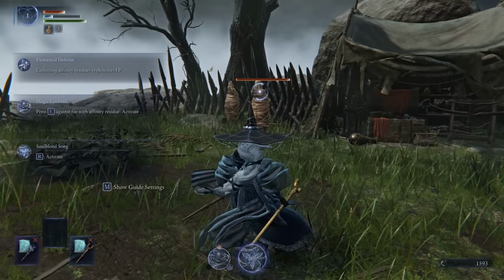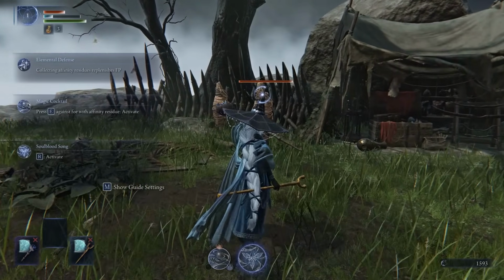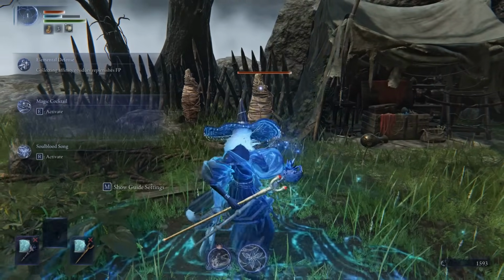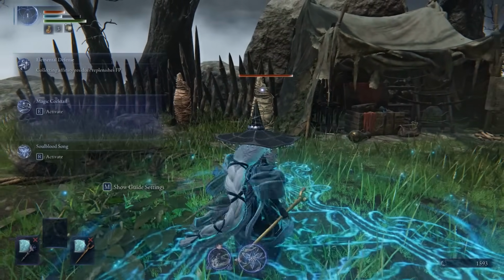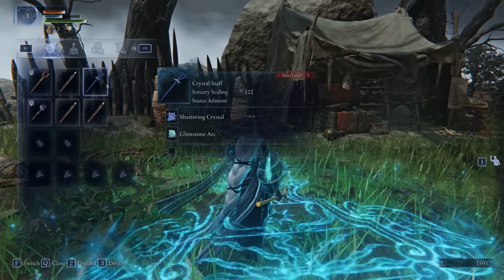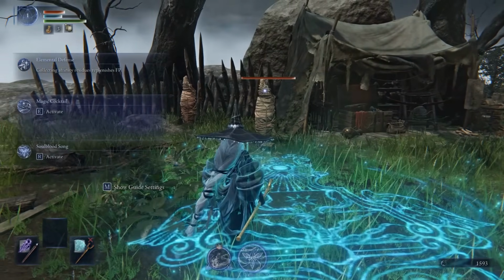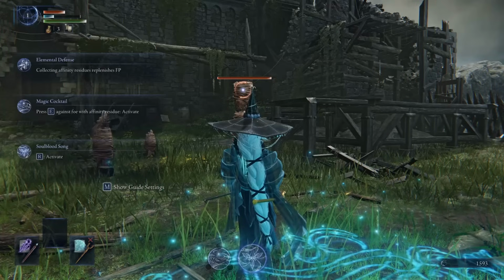Even after 1 cast of Stars of Ruin, you cannot grab it back. We get 2 here. We get the 2 proc with it, which makes it nice, but I like to have it with 1 proc. That's why I don't like Stars of Ruin, and instead of Stars of Ruin, I actually do like to run Collapsing Stars. Now, this is an ability that's actually not the easiest to get,